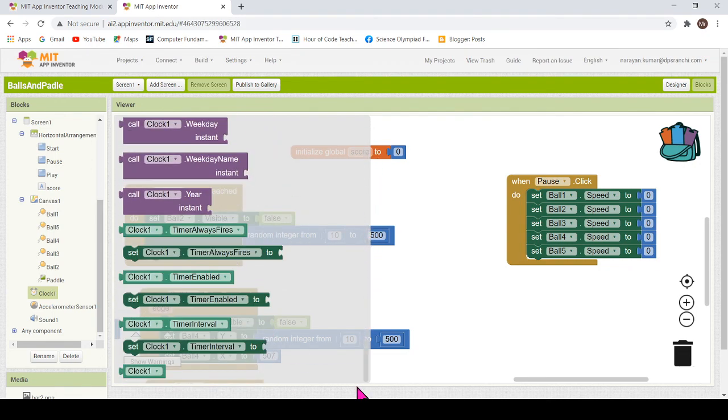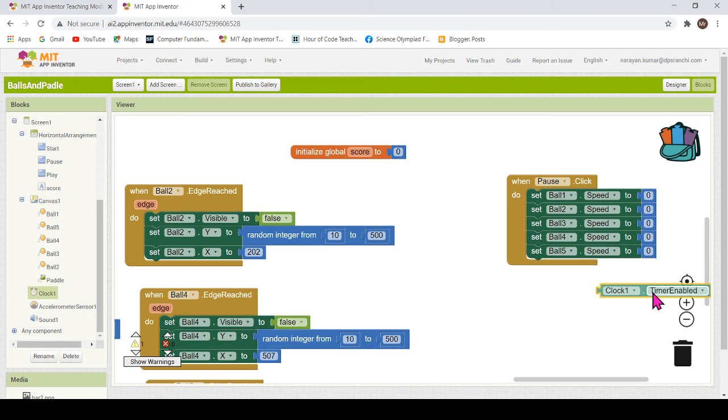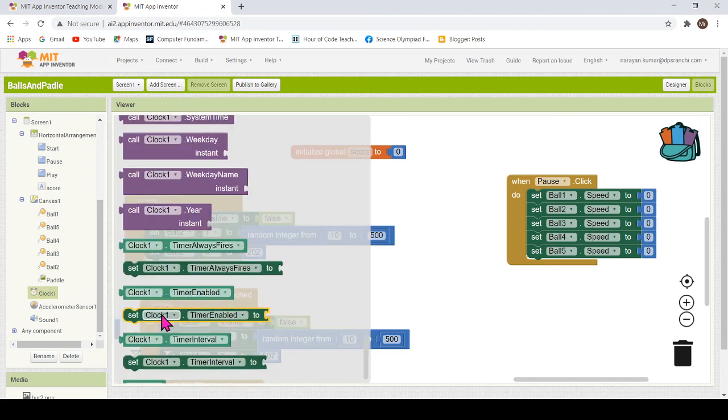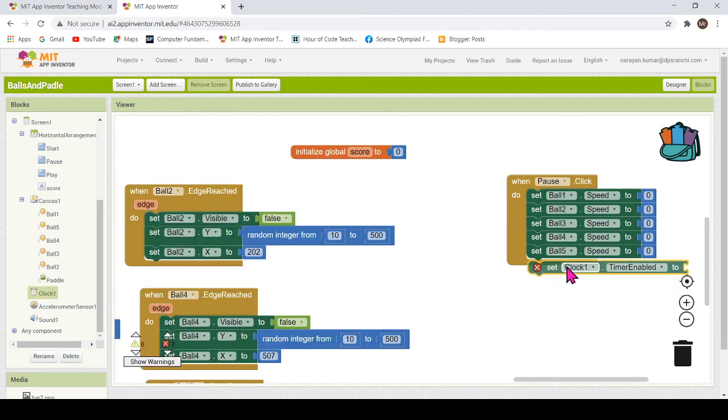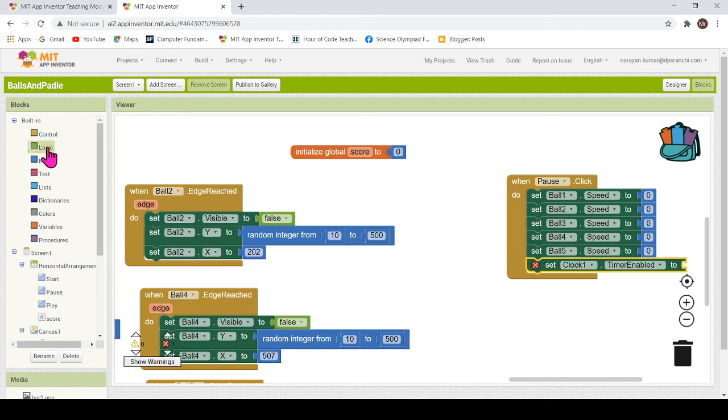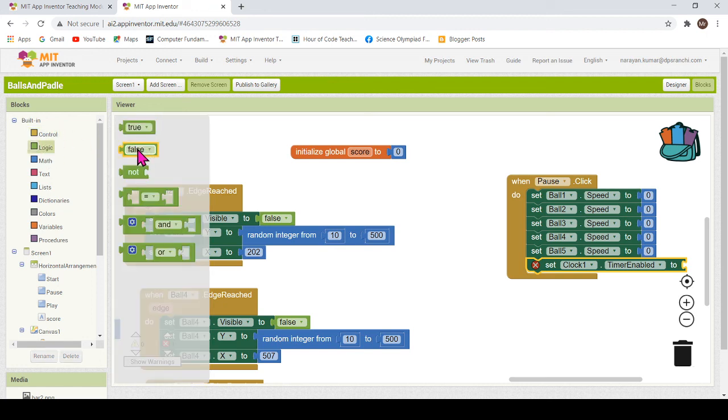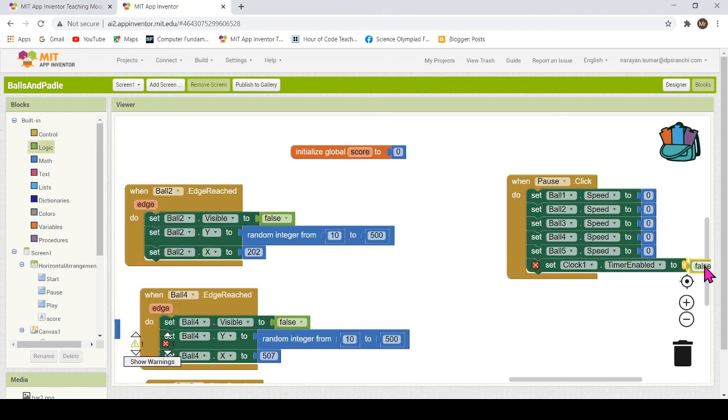How to do it? We will say clock one dot timer enabled, we will make it false, so the timer will get disabled and we will be able to stop the game. So I'll write timer dot enabled to false.